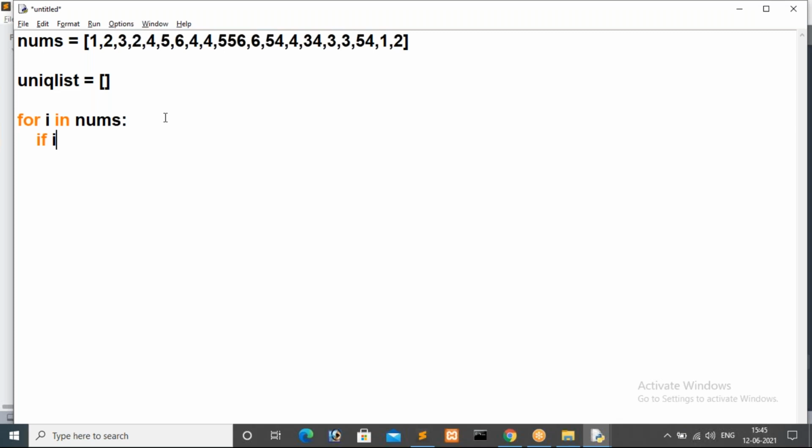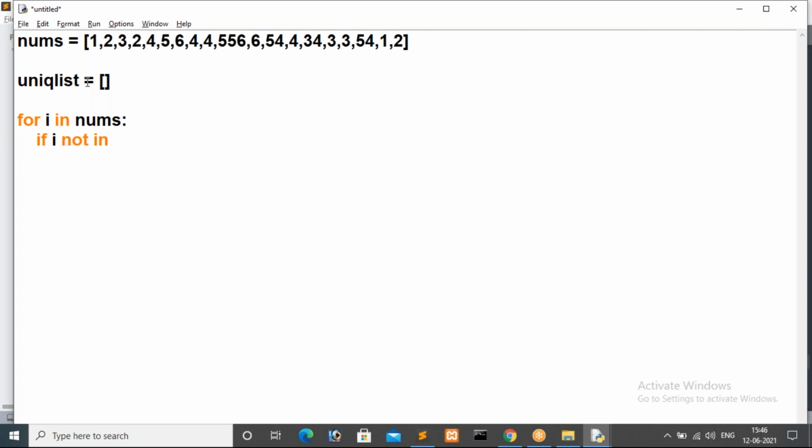If this I value, the iteration value, I is the iteration variable, right? If I not in, so where do we have to check that I value? Inside the original list and duplicate list? No. Exactly, the new list we have to check, that is the unique list.